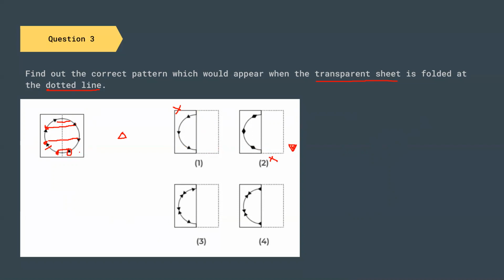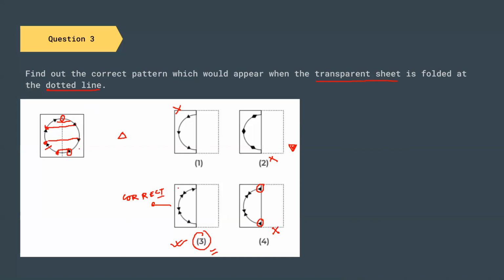You can see that we can actually match our assumption with this pattern. So this is a correct option, and this is again wrong because there is no symbol at the edge of the fold. So this is also a wrong option. So we have eliminated 3 of the options successfully, and we are left with option number C. So this is our correct option.